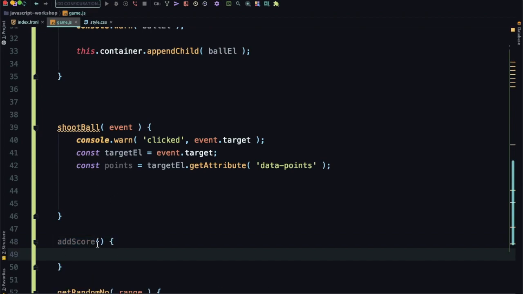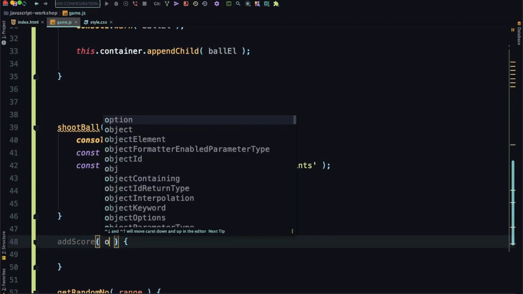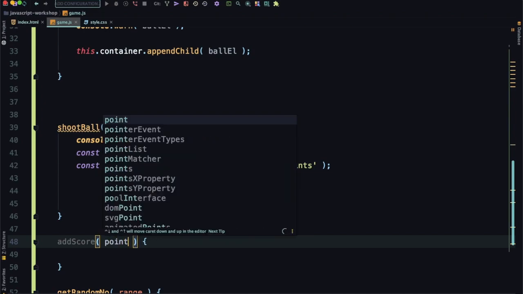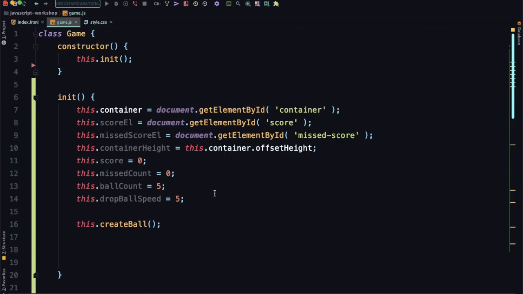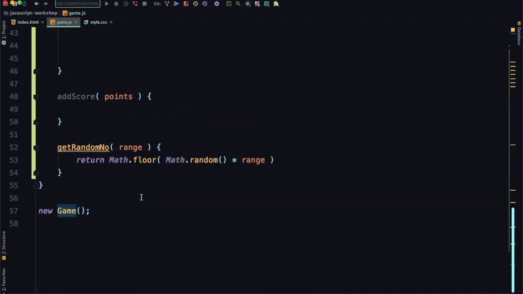It's going to take how many points you want to score, points, and remember we already have the value of this dot score, so keeping this value available globally would allow us to access it anywhere we want, and we can keep updating this value, and any of these functions can access this updated value anytime, right? So we can say that this dot score